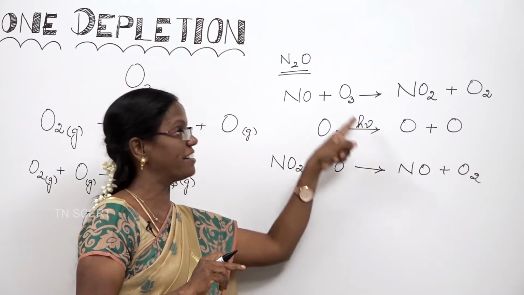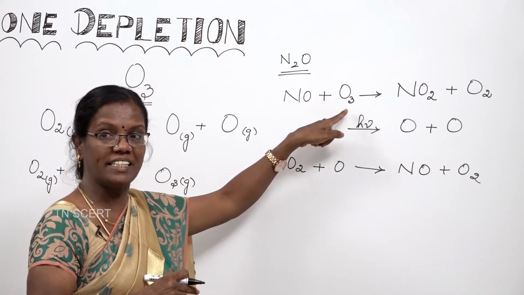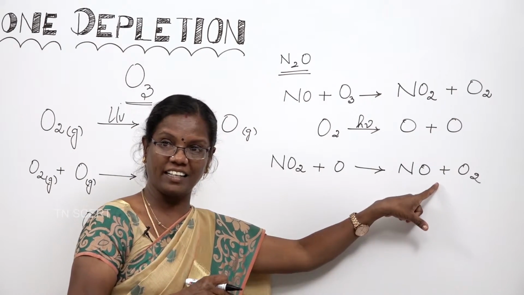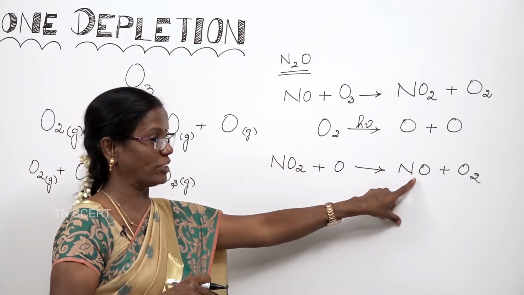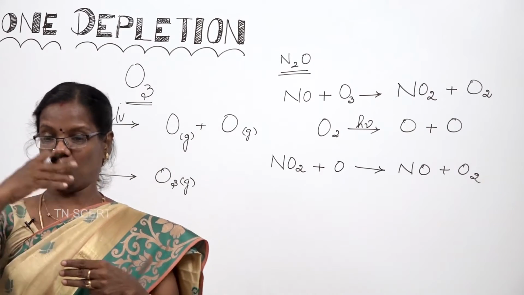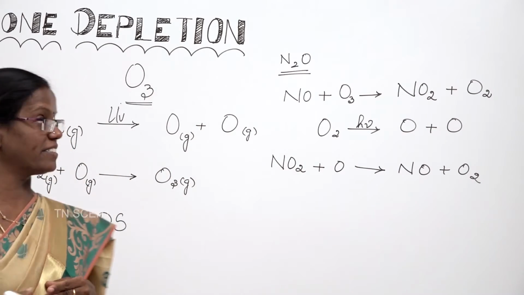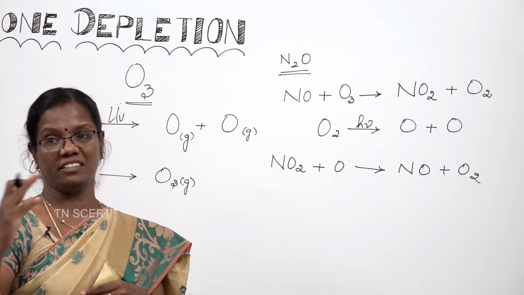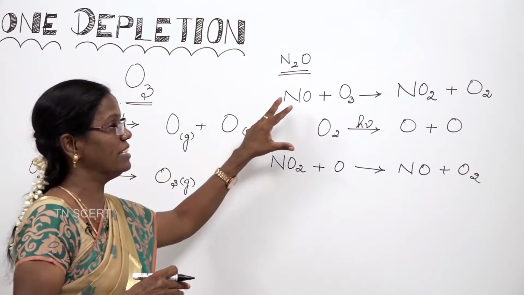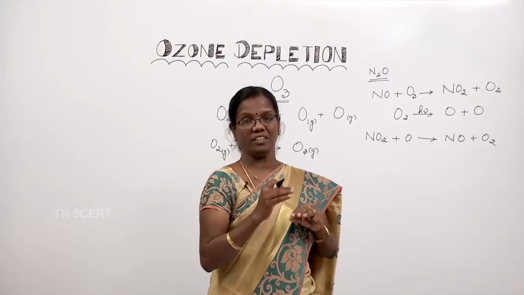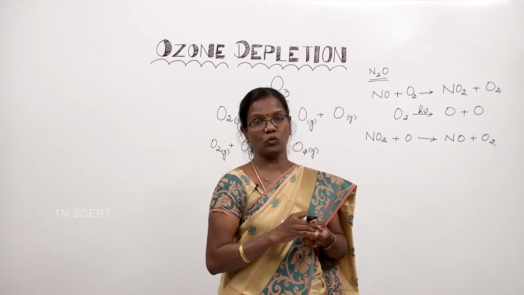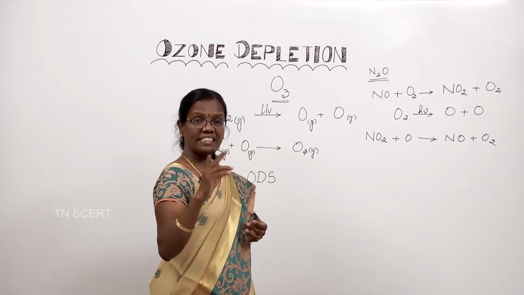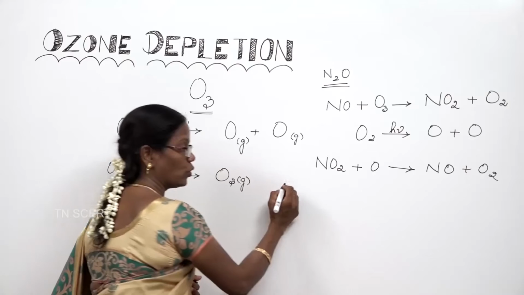This nitric oxide reacts with the ozone present in the stratosphere, and a series of reactions occurs. Again nitric oxide is formed. So this reaction repeats until the ozone layer continuously depletes. So this is one of the major reasons for depletion of ozone. Right, let us move on to the second factor, that is